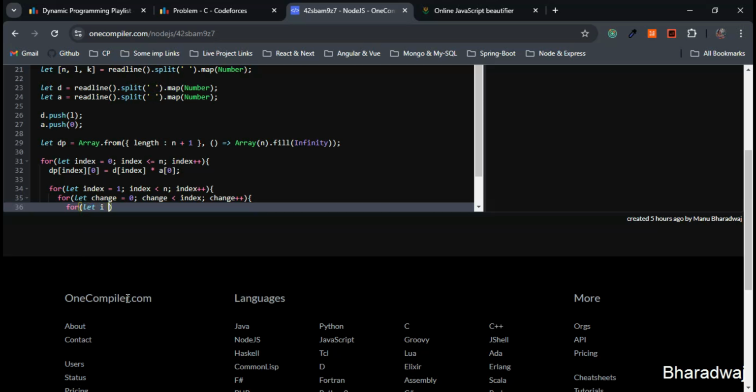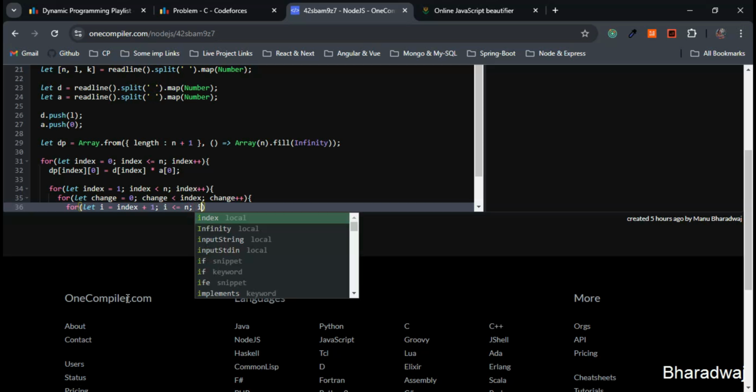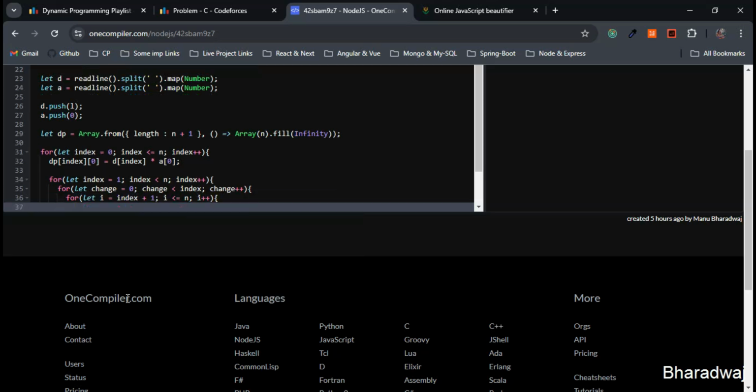So iterating through everything, I equals index plus 1. I should be less than or equal to n. Also, let's increment the I. So next step after doing this, we have to calculate the time if we move from sign index to sign I. For this, let's consider a temporary variable. So I'll just consider temp equals dp of index and change, also plus